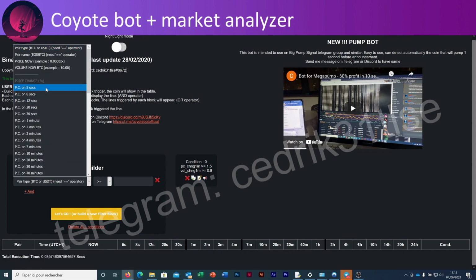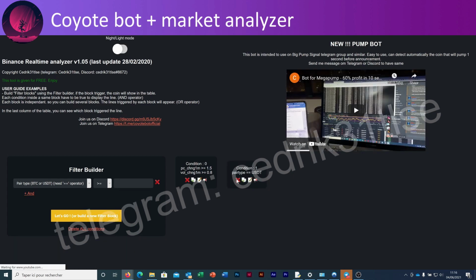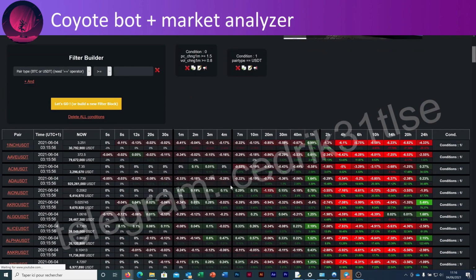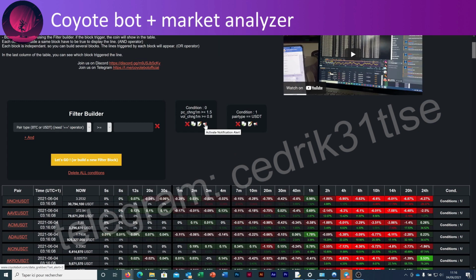So now I still want to see the whole market data. So I will set up again my filter pair type USDT. So I will still see my whole market data, but now I want to know when the first condition will be triggered. I want to receive an alert. So how to do that? There is the speaker icon.